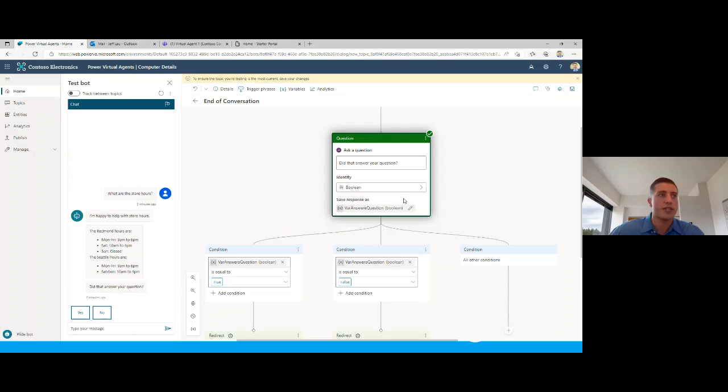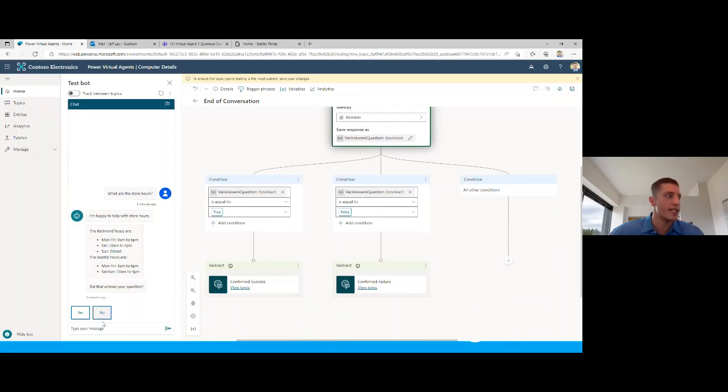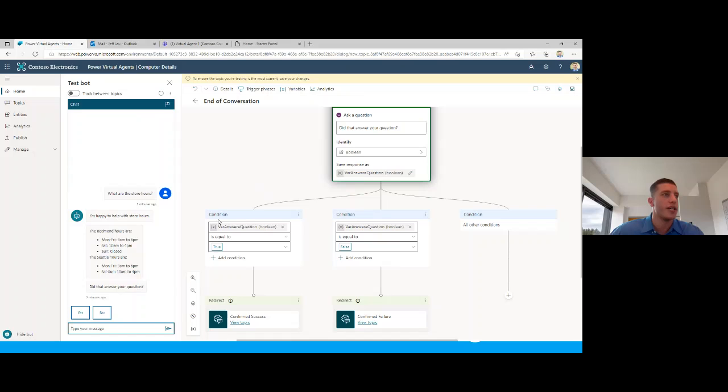And what's great about our entities is they could either select yes or no, but they can also use natural language to answer the question as well. So what we can do is go ahead and test this out. Or actually, first, let's go ahead and show you what's going on right below our question here. And you can see we have two different conditions. And so the first condition here, you can see that our variable that we stored our answer up here